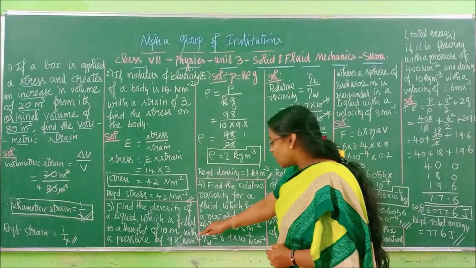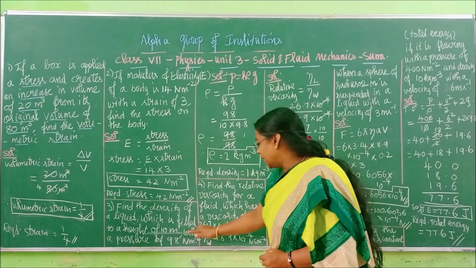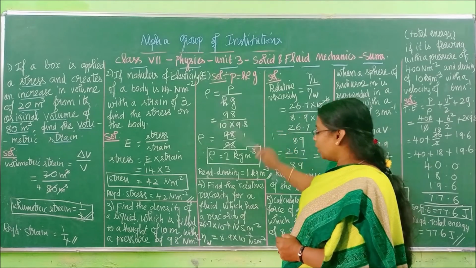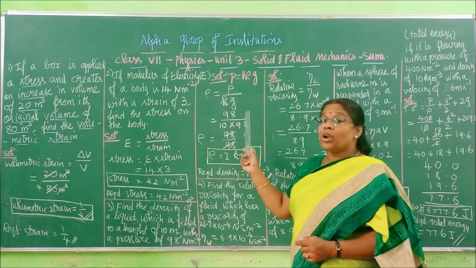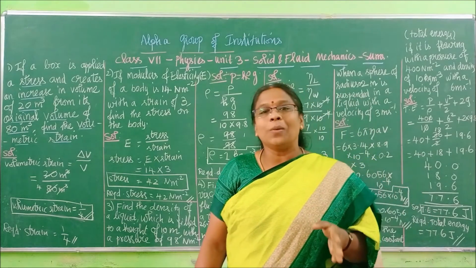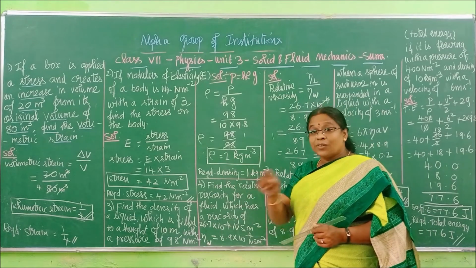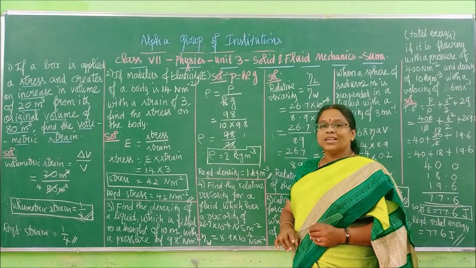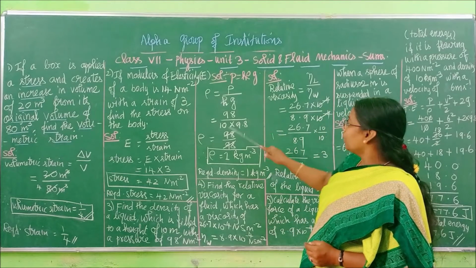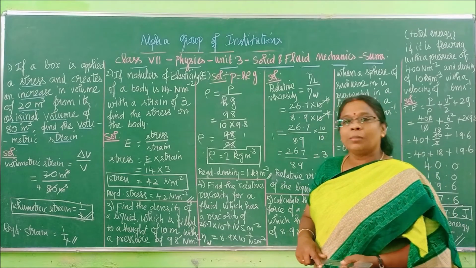So now substitute the values. What is your pressure? 98. I have written here. What is your height? Height is 10 meter. 10. What is your acceleration due to gravity? 9. So that I have not given in the question, children, but you have to know it. Small g is equal to 9.8 meter per second square. So don't search for that answer. You have to memorize it and write it. So 9.8. So 98 by what is 10 into 9.8? Do it in the rough column and tell me.